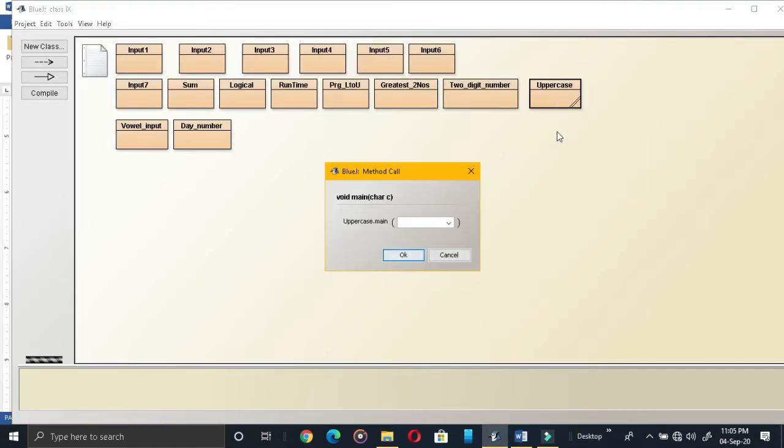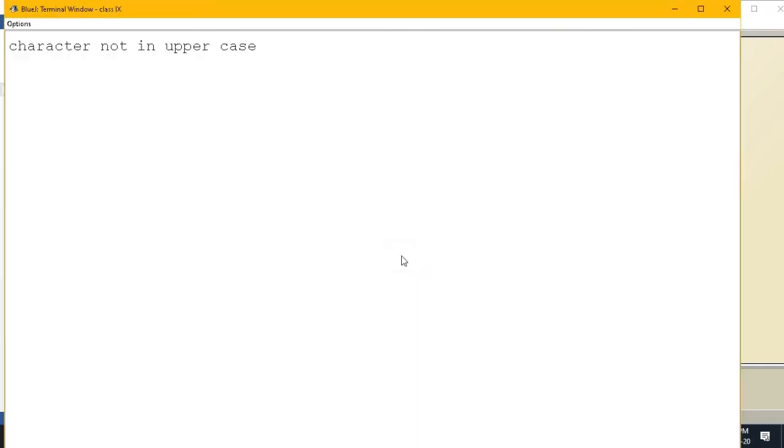See, I have to give a character. I told you, whenever you need to give a character, it has to be kept in single quotes. So I am giving the character A, lowercase a. Character not in uppercase. Okay.